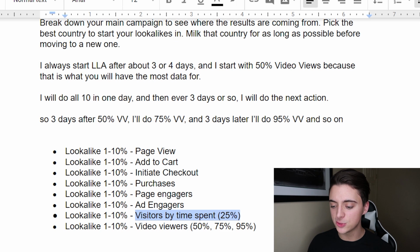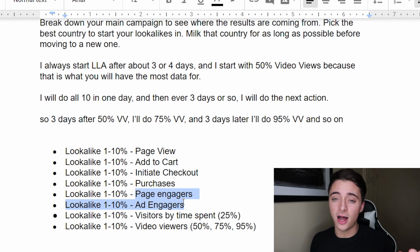Another option that most people don't talk about is ad engagers and page engagers. You can create a custom audience of people who have engaged with your ad or engaged with your page, like liked your page or liked your ad or something like that. That's perfect. Oftentimes they may not be buyers, but they may be people that will like, comment, and share, which will lower your CPMs and get more organic reach. So like I said, you've got to be a mad scientist when it comes to this,